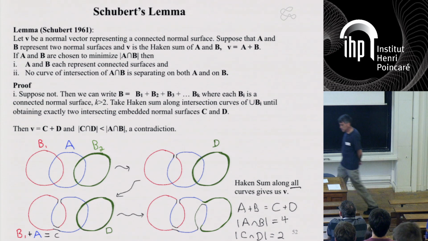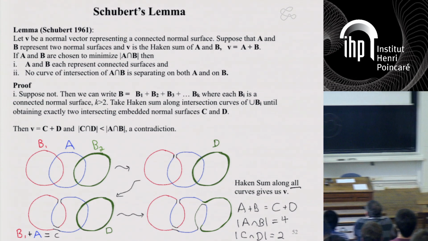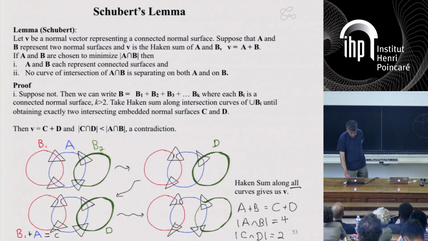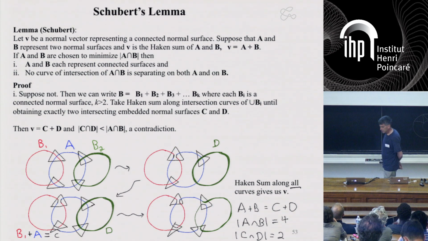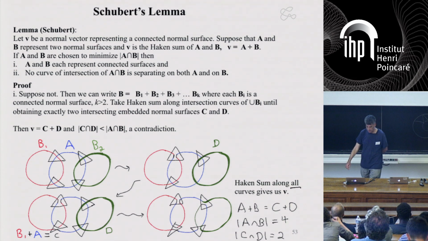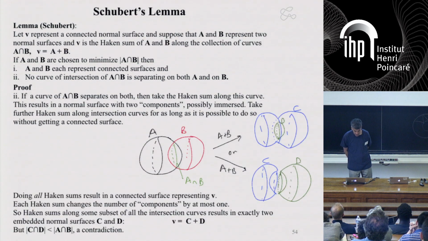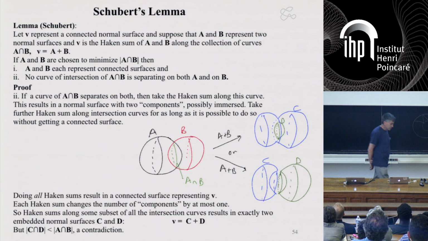So we can assume that if you can decompose V, if it's not fundamental, then each of the pieces is connected. It's a sum of two connected surfaces. And this just shows how the tetrahedra might sit that force this type of intersection. And the second thing that Schubert showed was